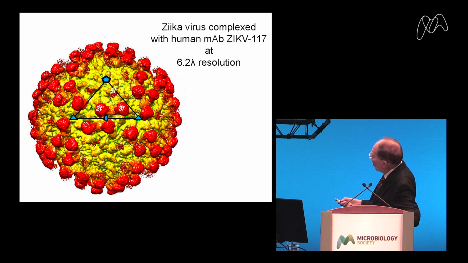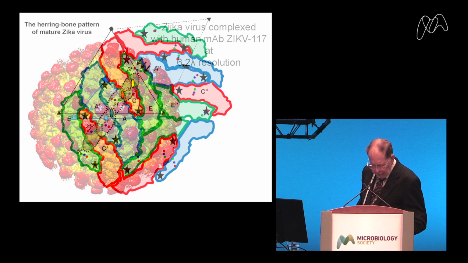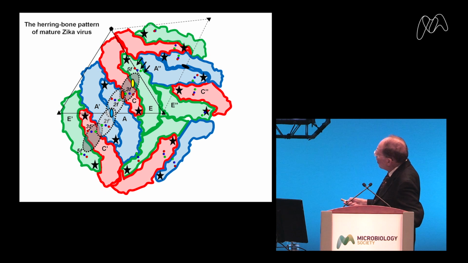But the third site, which is actually nearer the 5-fold axis, was not very big. And we could easily see that this site was overhung by surrounding structure, and Fab was sterically hindered from binding there. We also found that the Fab binding here and here, when you look at the footprint, was also overlapping. This is the icosahedral asymmetric unit here. That's the icosahedral two-fold axis. And the blue is one monomer, the red is another monomer, green is another monomer. And you can see this is one binding site, the 2F site near the two-fold axis.